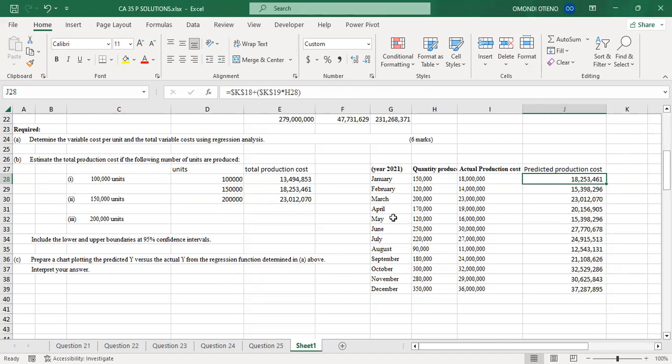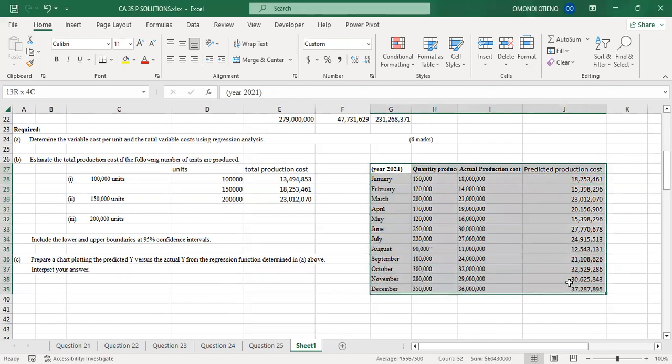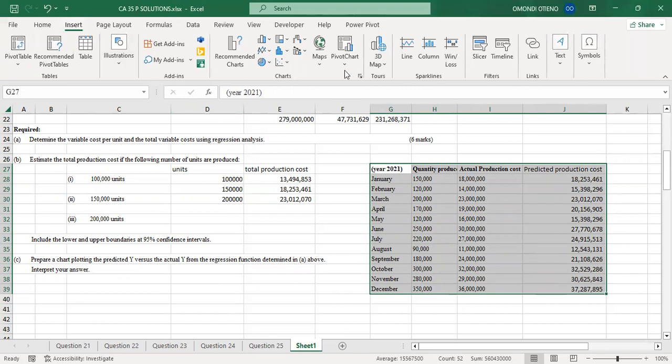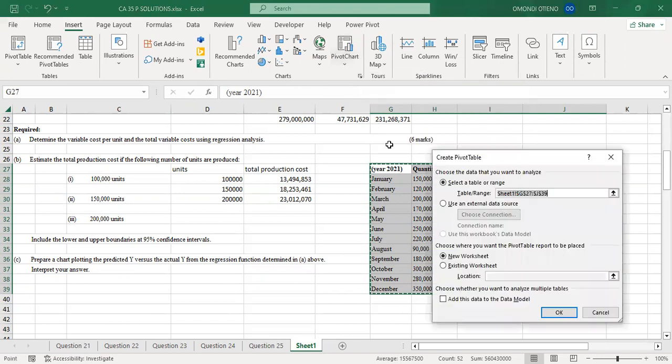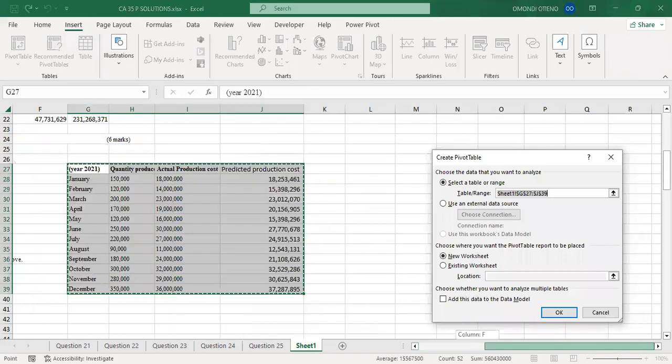Okay, so the examiner wants us now to come up with a chart, to draw this. So what you do, you simply highlight the whole of this, convert it to a pivot table and chart. So we just go to insert, and then down here we have pivot chart. Go to pivot chart and pivot table, convert it that way,